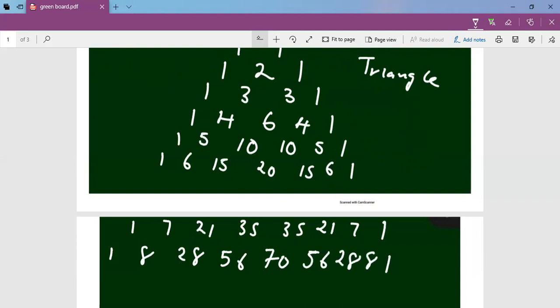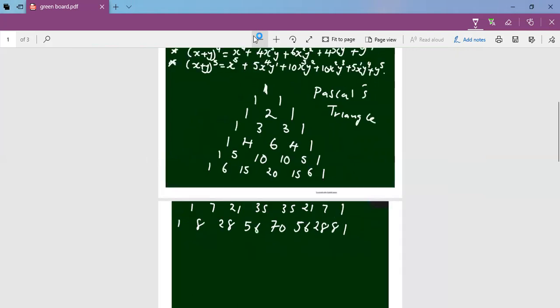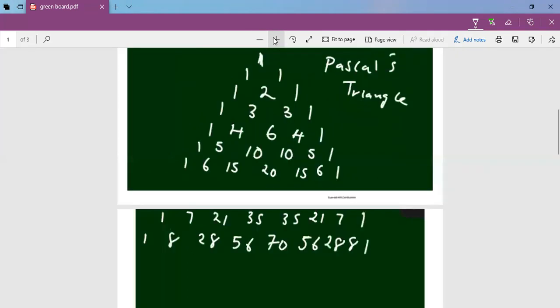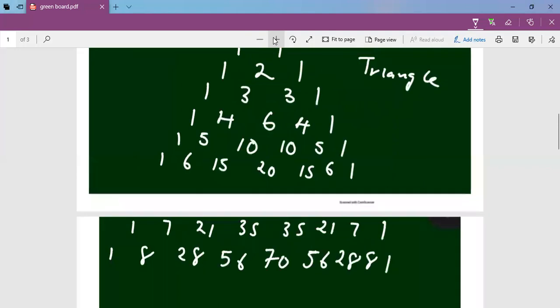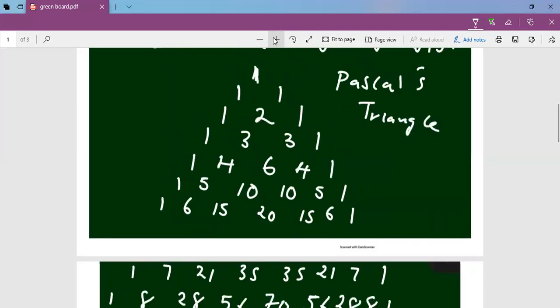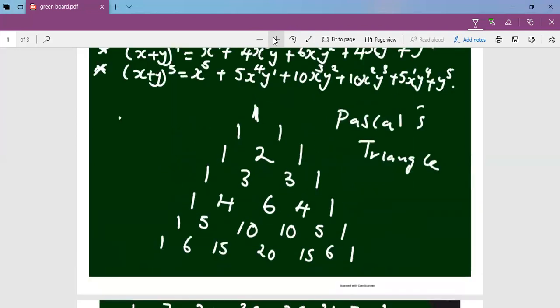So this is a triangle that you are going to create. And we are calling this a Pascal triangle. So instead of you multiplying direct, you can use these coefficients. You can use these coefficients. All right? Meaning that if your expression has x plus y to the power 4,